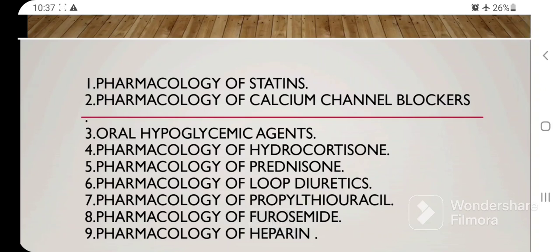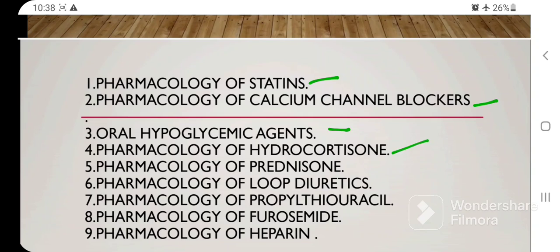The first question is the pharmacology of the statins. Then pharmacology of calcium channel blockers. Don't worry, you will get each and every piece of information about the particular question, and how to write and what to write, in this video. The third question is oral hypoglycemic agents, asked many times in our examination, and pharmacology of